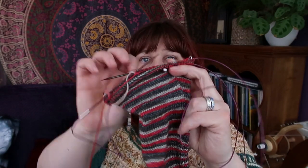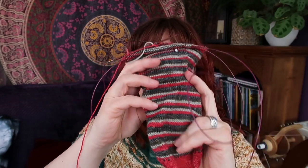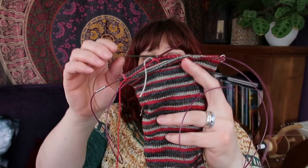Okay, for WIPs, while we're on the subject of socks, I will do my one sock WIP before moving on to my sweater WIPs. So I'm working on, off and on, a pair of socks, and again it's a merino based sock yarn, and it's a self-striping, micro striping yarn in these really pretty colours. These are merino nylon,